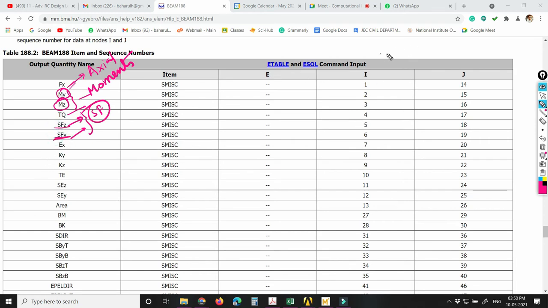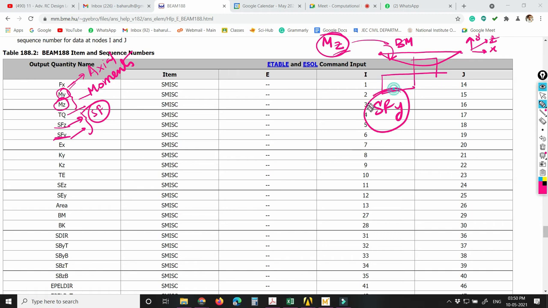Now we have a beam like this, and this is the x direction, this is y, and this is z, right? We want to draw the bending moment diagram like this. Which direction is this bending moment acting? This bending moment is nothing but moment z. The bending moment that we draw is basically the moment about the z direction, so this is MZ. And the shear force that you draw will probably look like this, and the shear force is basically SFY.